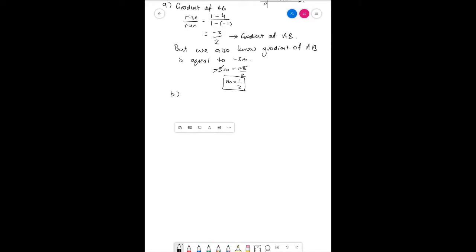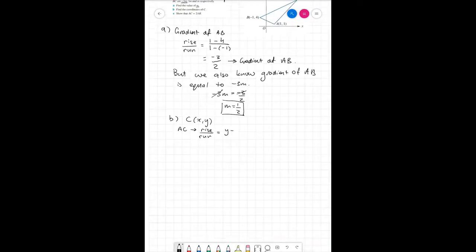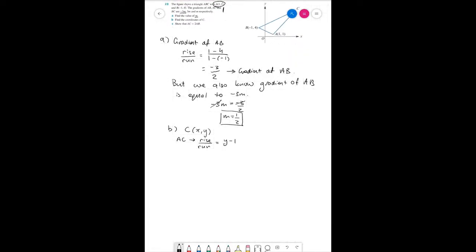We want to find the coordinate C, which we'll denote by x, y. Now we know that the line AC, the gradient, is rise on run. Now the coordinate for C, we're just going to do y, and then y minus, well, what's the coordinate for A again? It's 1, and then x minus 1. So this is the gradient of the line AC, and we also know that that is equal to 3m,